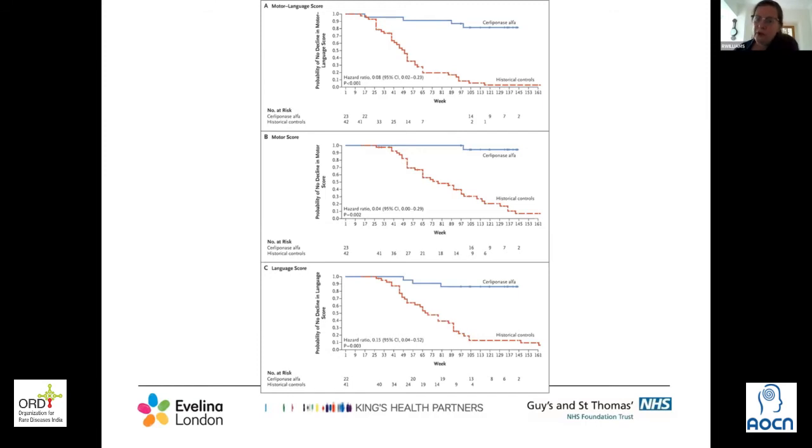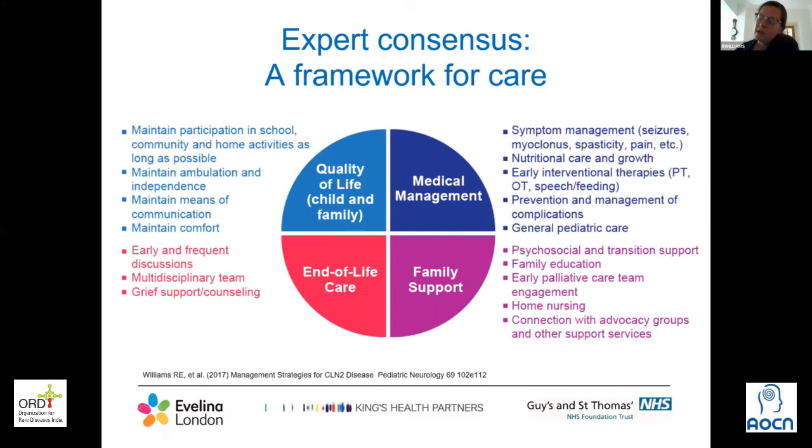So this is the first time, I think, that enzyme replacement therapy for a progressive neurological disorder was delivered via the brain, and very exciting. At the same time as that study was going on, BioMarin, who were sponsors of the study, gathered together